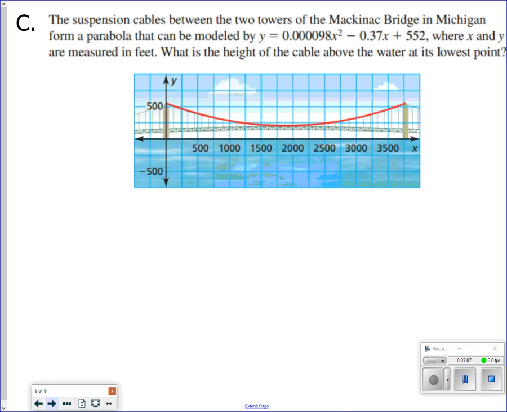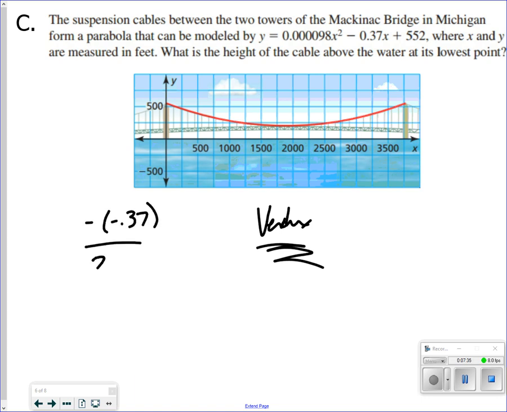Word problems. So now we're going to start throwing some word problems at you, and you're definitely going to need to grab a calculator of some type. Suspension cables on 2 towers of the Mackinac Bridge in Michigan form a parabola modeled by, and there's your formula, where x and y is measured in feet. What is the height of the cable at its lowest point? They want to know what the vertex is. That's what they want. So anytime you're asking for the maximum point or the minimum point, they want to know the vertex. So negative b over 2a,